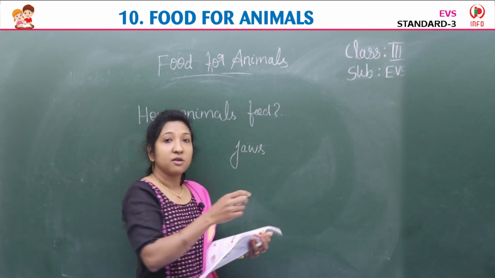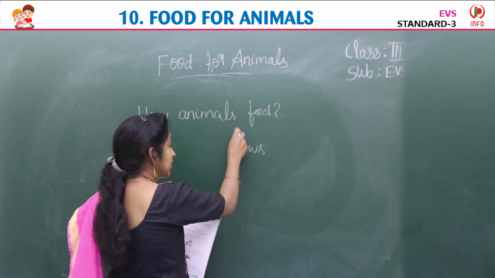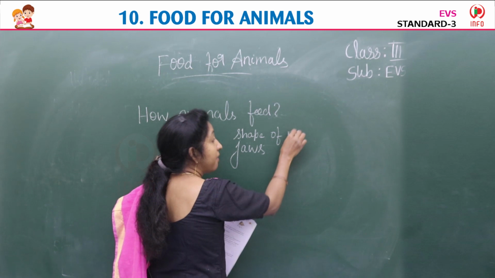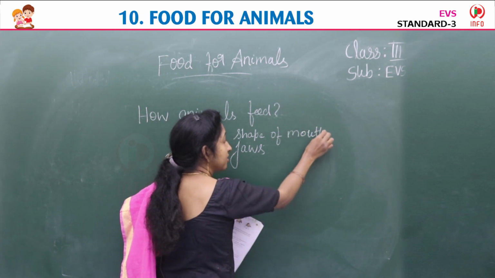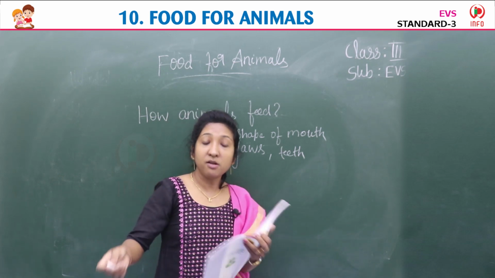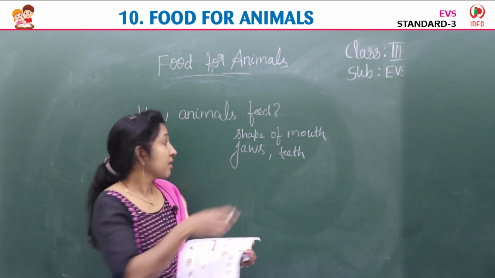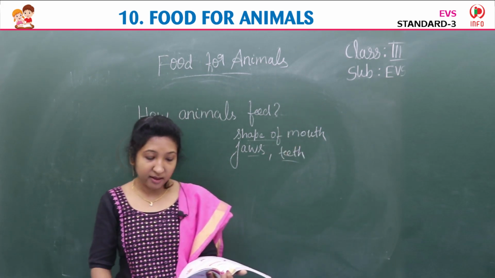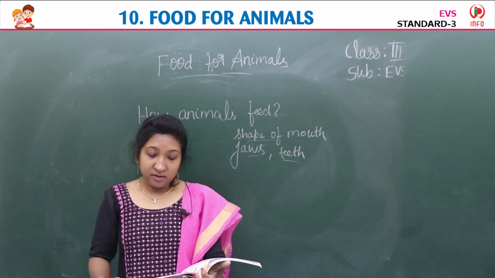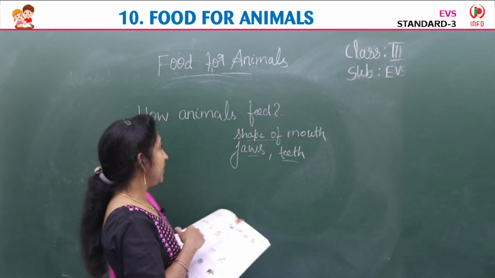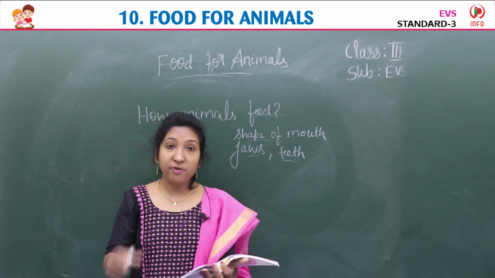Jaws. So it depends on the shape of the mouth, their jaws and teeth, and the way they eat food. Okay, so now we are learning the eating habits of different animals. First one is